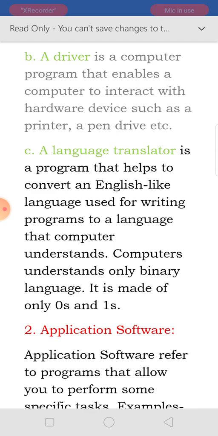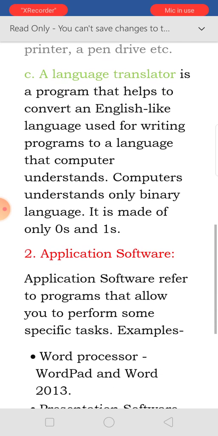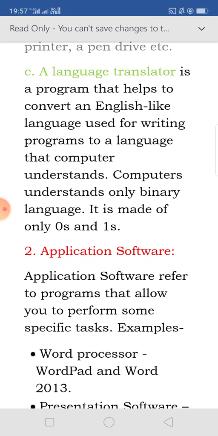Whatever we type as English alphabets, the language translator present in the computer converts into binary language. And binary language is made of only zeros and ones. Fill in the blanks or true false questions can come from this portion.